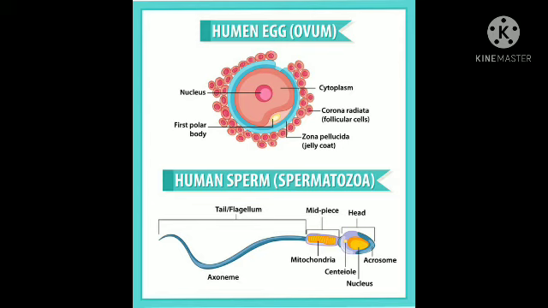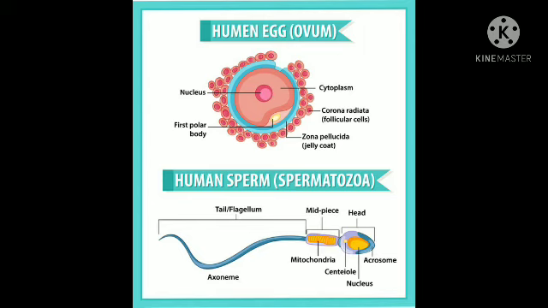Now we come to the structure. The male gamete is very small in structure. It is motile, so it carries a flagellum. It is microscopic, and it is that kind of gamete which does not carry any kind of reserve material. This is the basic difference between the ova and the sperm, that the ova carries reserve food for its growth, while the spermatozoon does not carry any reserve material for its growth.